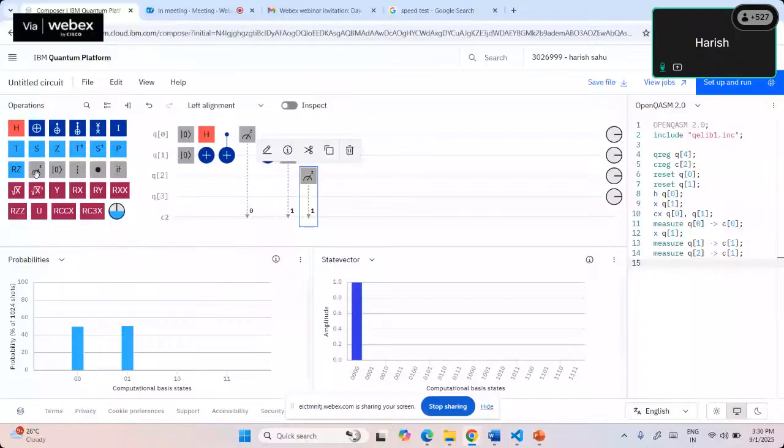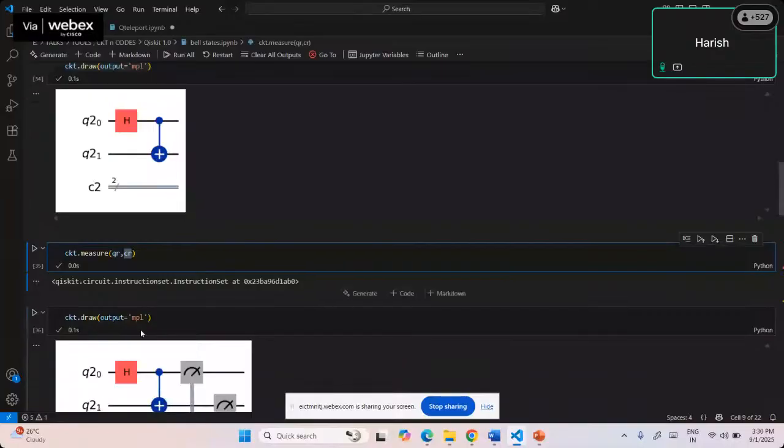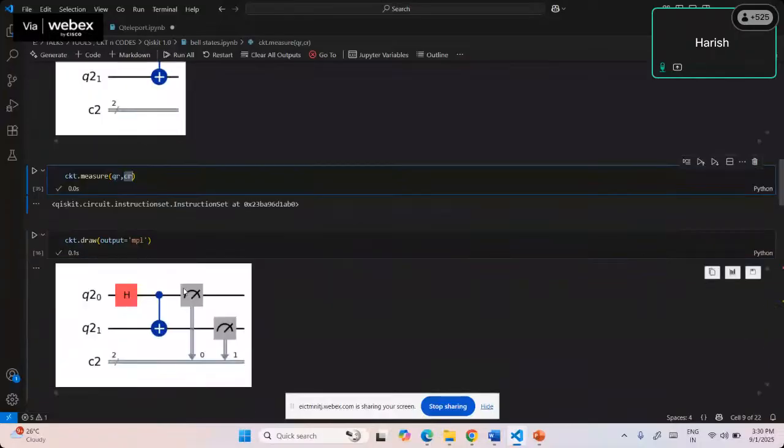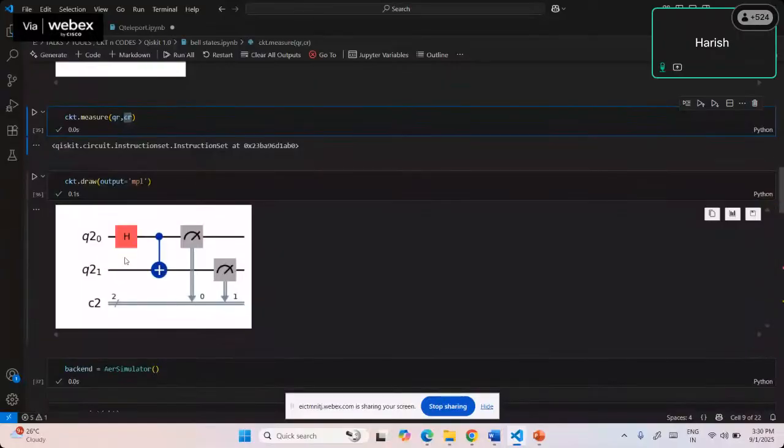Circuit dot measure from quantum register to classical register. So according to the desired instruction, it will put the measurement operation. If you remember from the first session, with this Hadamard and control NOT we can create the Bell state, that is nothing but 00 plus 11 by root 2. Basically we require this for teleportation as well. So we are just recapping how we can create a Bell state such as 00 plus 11 by root 2